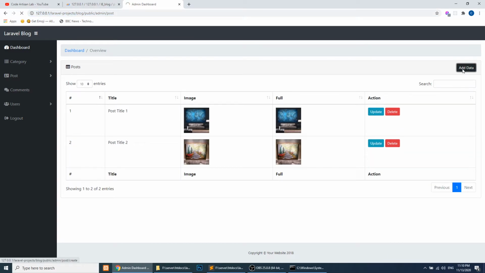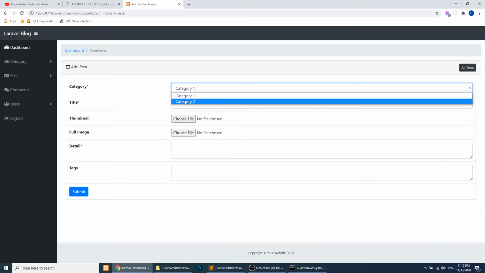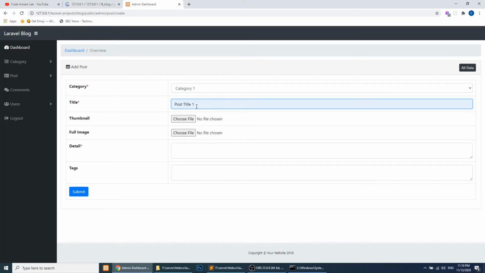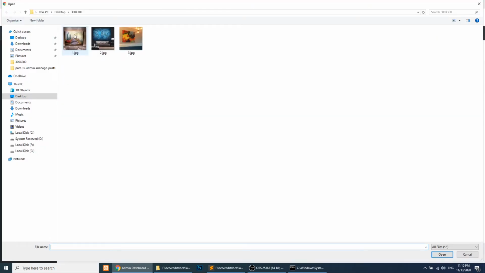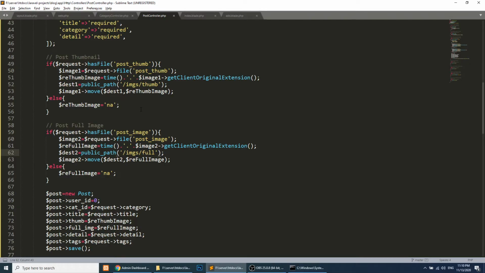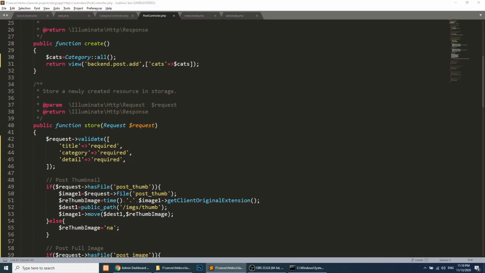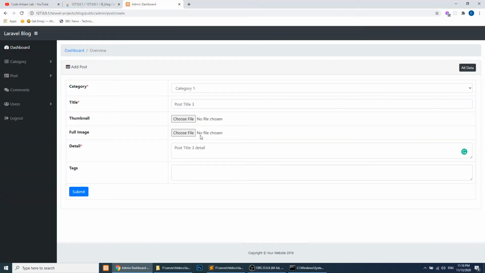So add data, and category 1, post title 3, and in this we will save detail, and for the thumbnail I'll use 2, and this will be 1, and this will be tag 1, tag 2. Save,